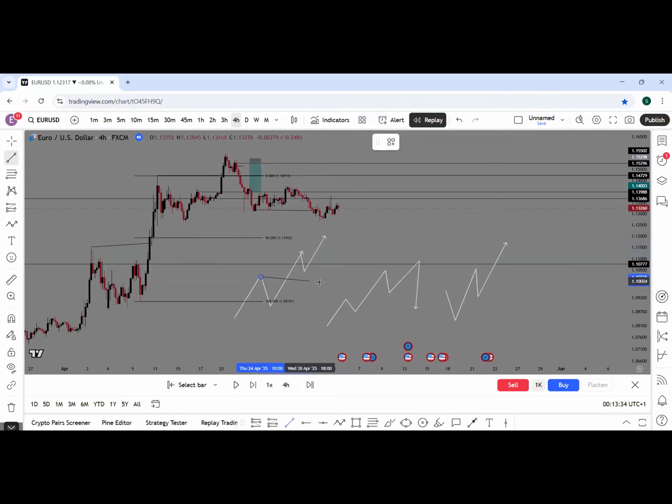This is a break of structure here now. And the price comes in and taps on this weak here. And breaks past this side here, again, and breaks past this side here, and breaks past this side here. And there's another block here, another block here for price to come and pick